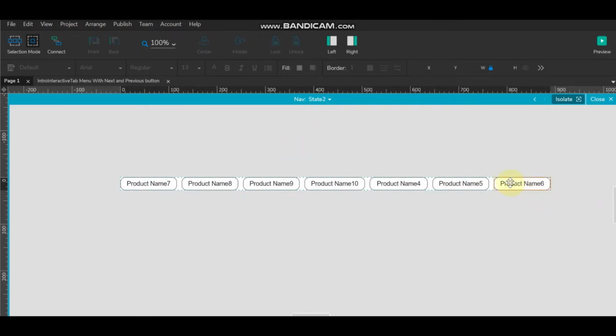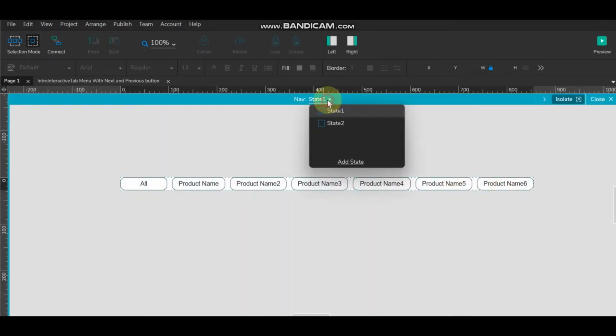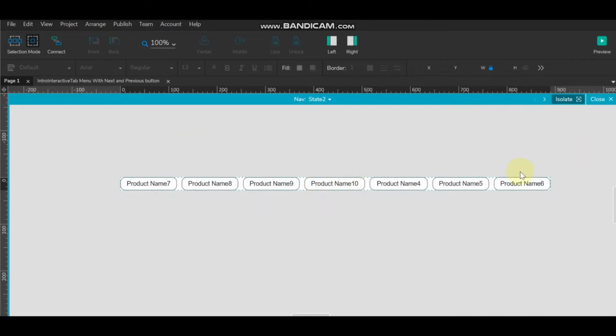So how we'll check this is the outside of dynamic panel. So 6 is here, total product, and once we'll give 2, so you can see it is coming outside. So you can create a second state panel, in that you can place it. For aligning this